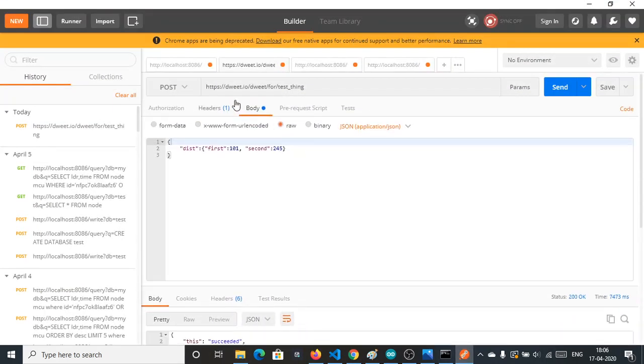So this is the post API for the same. After that we would make a question mark and a query parameter, but we don't do such things here. We simply go to body and make a body of dist first 101, second 245. This is the JSON data in the body of a post request.